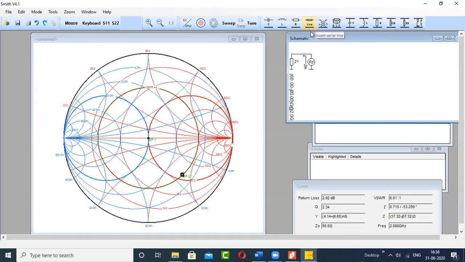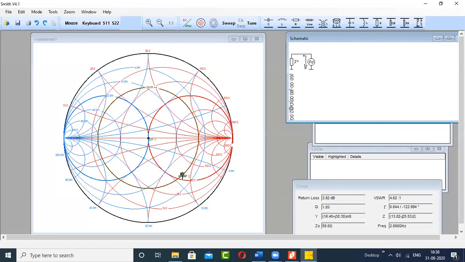Here is the list of the bank of components available: series C, series L, then resistor, transmission line, transformer, RLC circuit, and other components, and this is the open circuited stub. SS is the short circuited stub, but you can see they are available in shunt form only. I think you were introduced to the series stub.